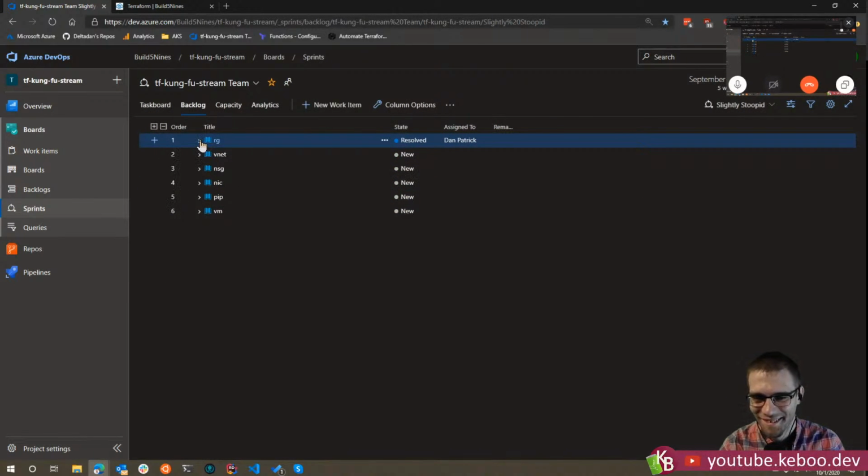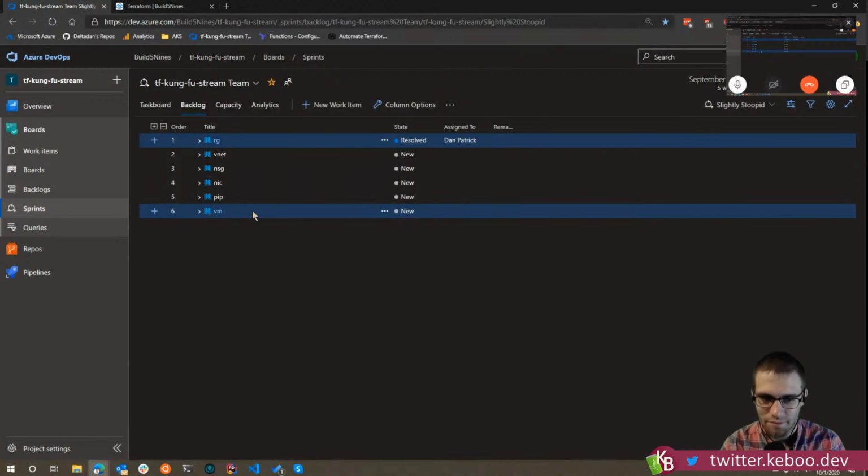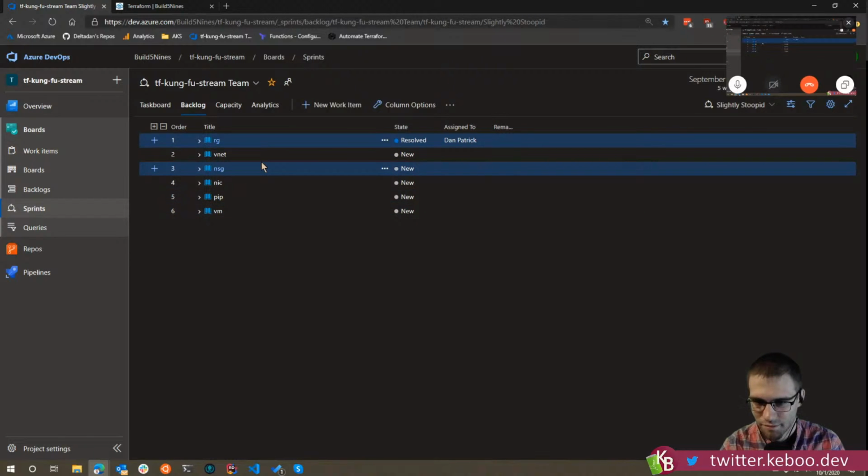I said, well, it's complicated. So in this sprint, we said RGs, VNets, NSG, NIC, PIP for public IP, to VMs. The idea was we would get from a resource group all the way down to a VM in this sprint, which is kind of cool. And they sort of go in this order, I guess, don't you think? Yeah, right? At least in the dependency tree, sort of what you have to stand up to get all the way to a VM.